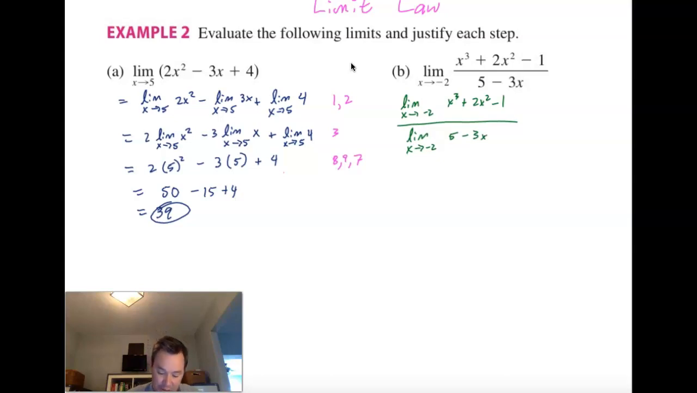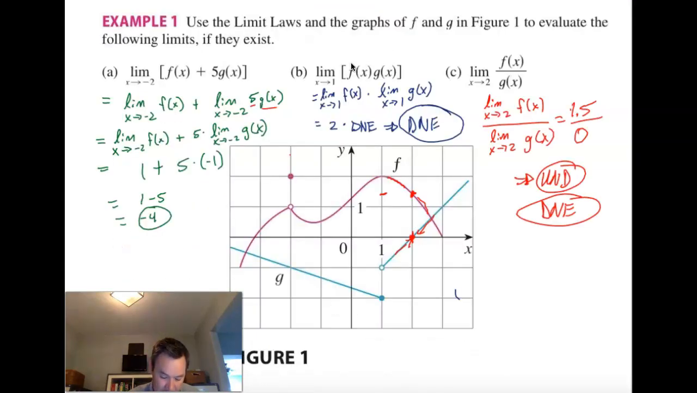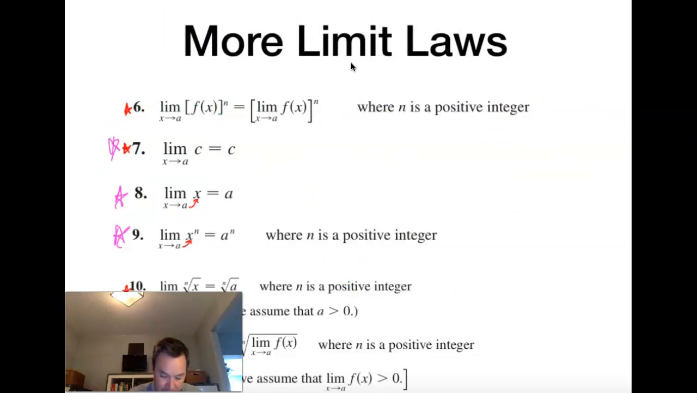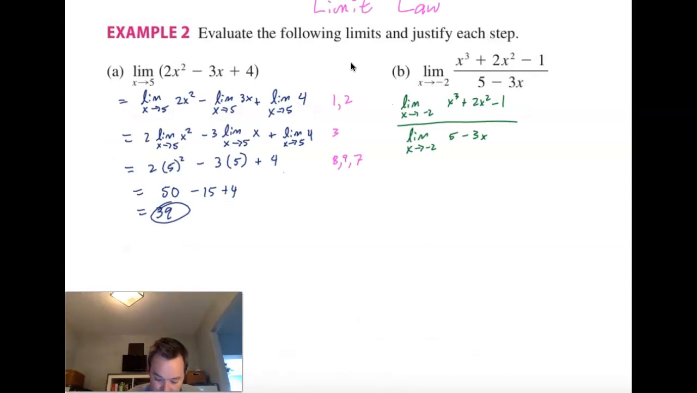Right, and let's notate which law that was. That was limit law 5. Right, and then the numerator, I can say limit as x approaches negative 2 of x cubed